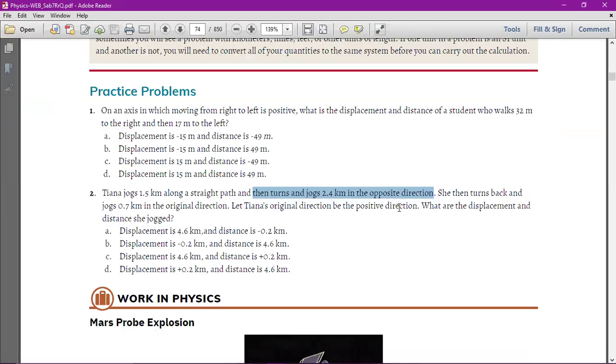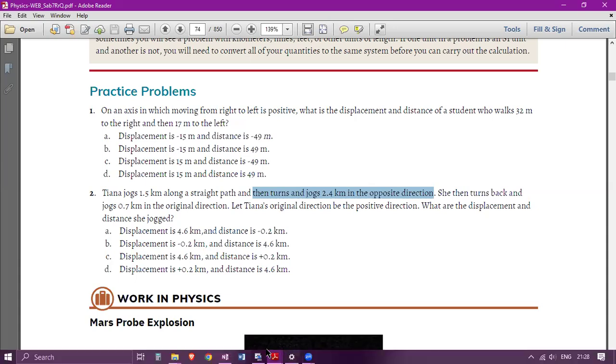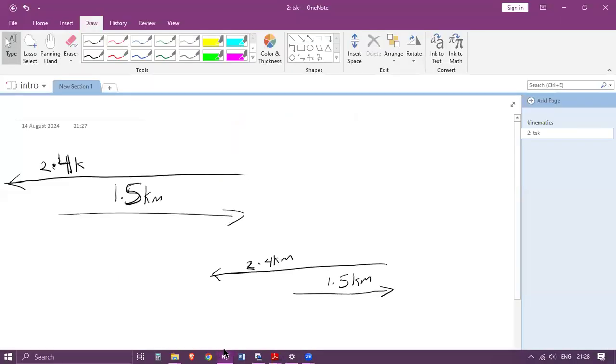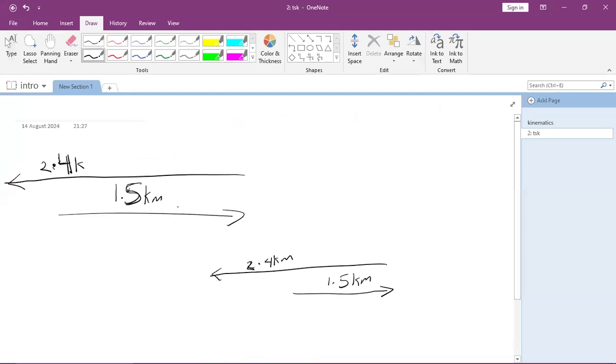Right. Then she turns back and jogs 0.7 kilometer in the original direction. So what was our original direction? The right side was our original direction, right? So she turned back again and jogged 0.7 kilometer. Now what were we asked? We were asked that